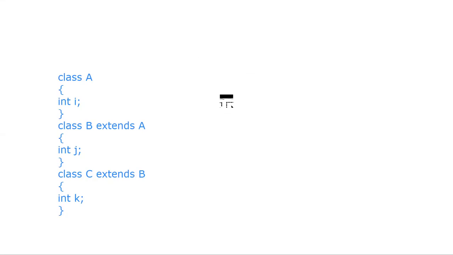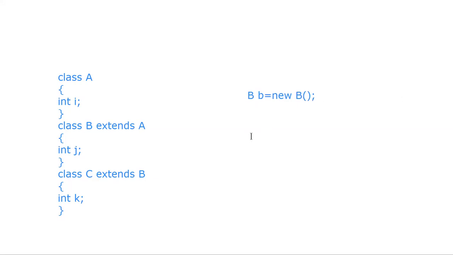We'll just write a statement, a class name followed by a reference. When I write a statement of this kind, what happens?